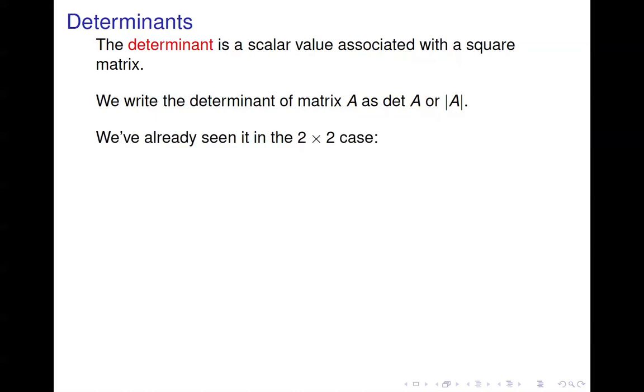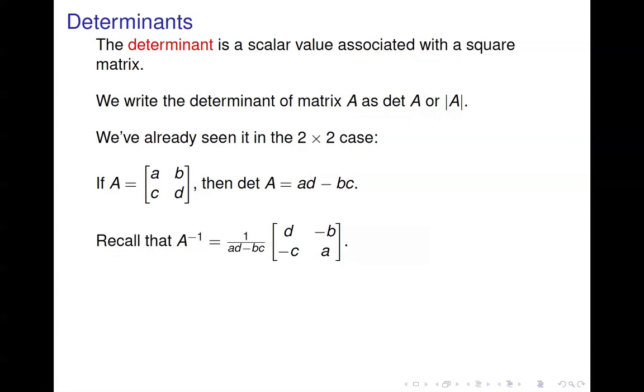We've actually already seen the determinant in the 2 by 2 case. If we have this generic matrix A, with entries A, B, C, D, then the determinant of A is A times D minus B times C. And we've seen that because we saw it in the formula for the inverse of a 2 by 2. Remember, we multiplied by 1 over AD minus BC, so we're multiplying by 1 over the determinant of the matrix,